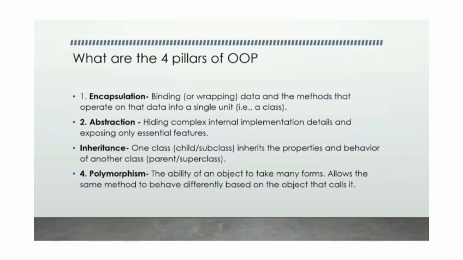Next one is polymorphism. Poly means more than one form. One person can behave differently in different situations. That is called polymorphism. Polymorphism in Java can be achieved with the help of method overloading and method overriding. I have done a separate question on that, so you can understand from there.